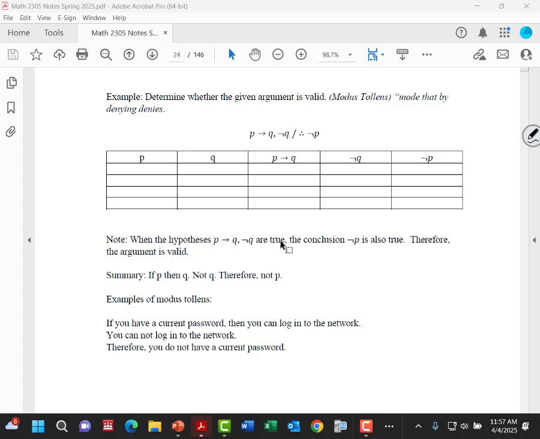So P, Q: true, true, true, false, false, true, false, false. Now in this one, I have two premises. I have premise 1, P implies Q. And then I have premise 2, not Q. So P implies Q,